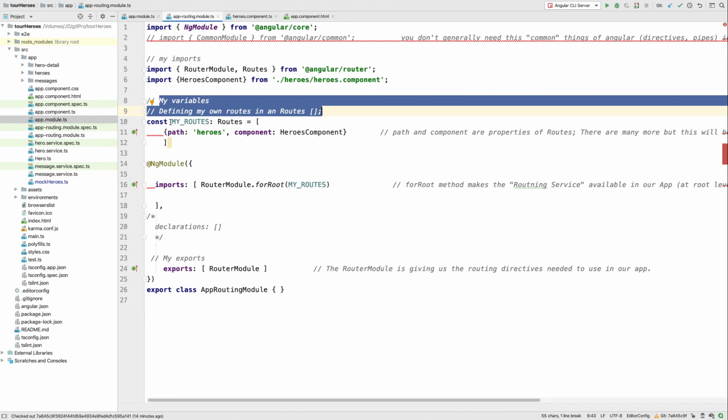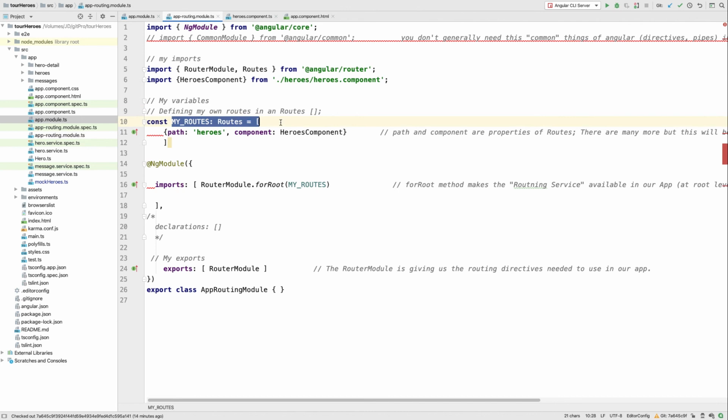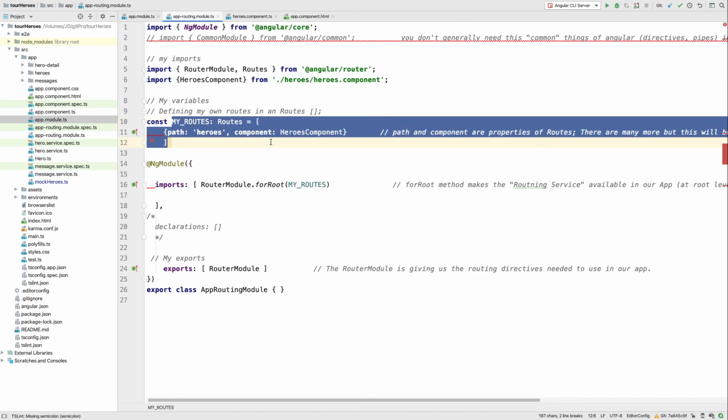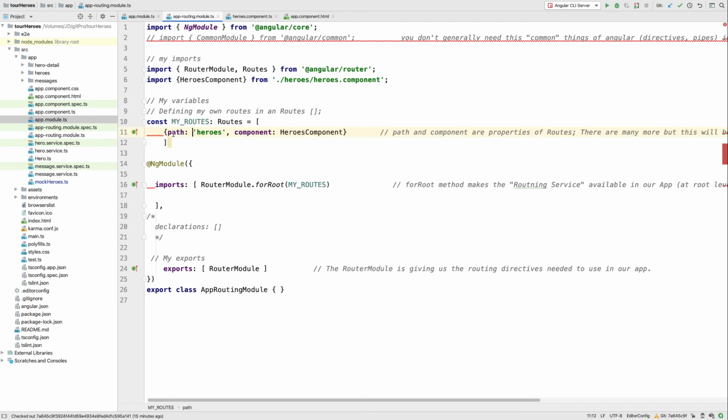So for that, I will need to define or configure the routes, and you can see in this piece of code that's exactly what we are doing. The routes here is just a simple array of paths or routes. Remember that we're just using this array over here, imported from the Angular router, and that allows us to use these properties of this